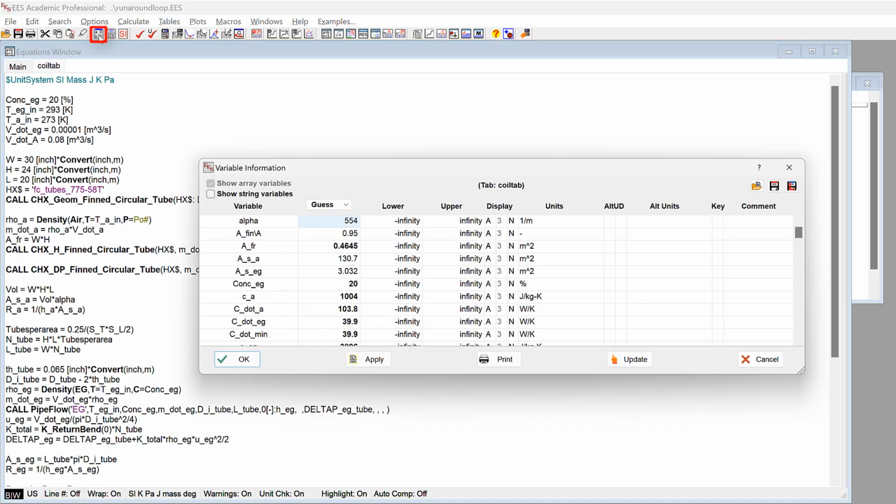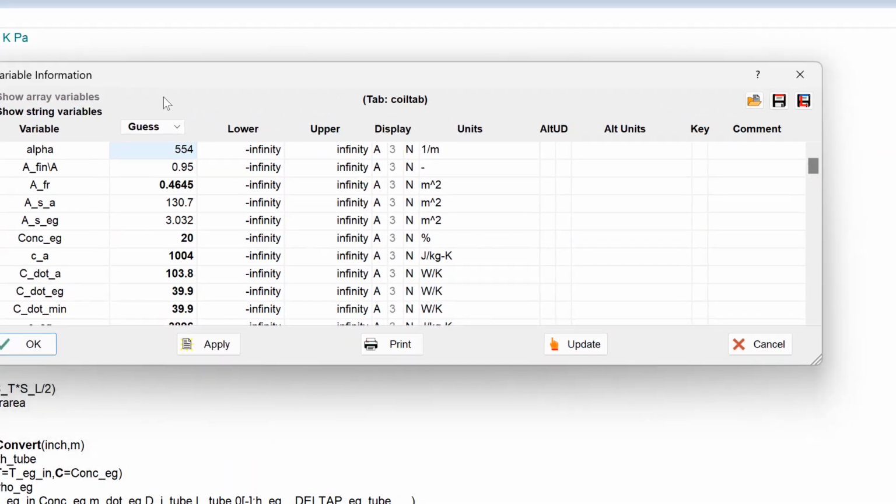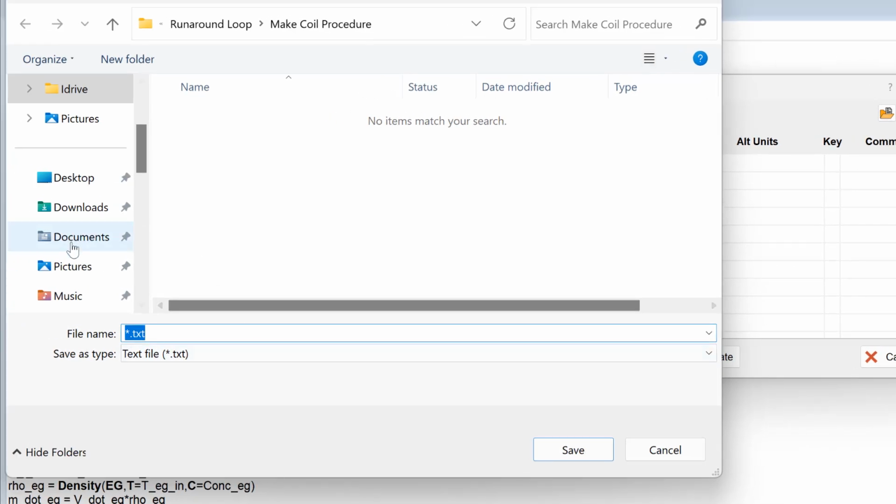And the way that I do that is I go to the variable information window, and you can see over here there's two save buttons. The first save button saves the entire variable space of the entire EES code, which isn't really what I want here. I just want to save the variables that are local to this tab, because then I want to be able to have those same variables be populated inside of a procedure or a subprogram. So that's the local. The L here means local. I'll save that,